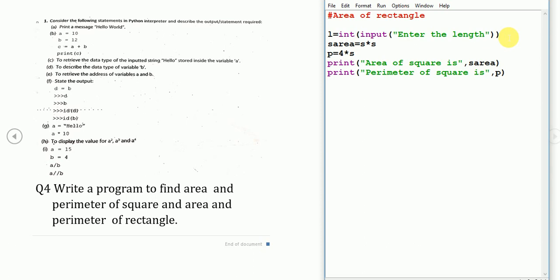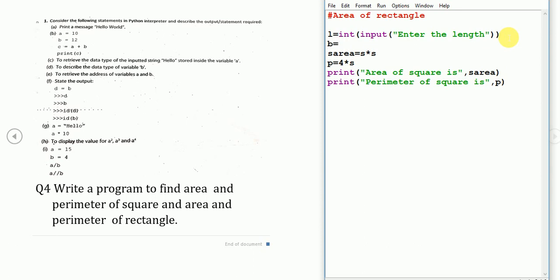Again b equals int input, enter the breadth. Now we have to find out the area. So let us make it r area, and the area is length multiplied by breadth, and the perimeter is 2 multiply l plus b.